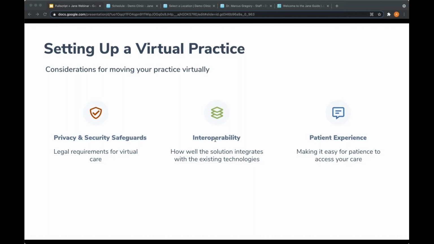Now, for Canadian practitioners, PIPEDA is the regulation that you have to be concerned about. For the most part, it's the same requirements as HIPAA, but it does have some additional requirements centered around patient data and where it's stored. Now, why am I going through this? Well, as a provider, you're responsible for safeguarding health information. So it really ties back into you and what you're doing.